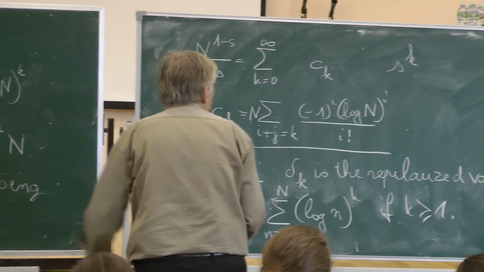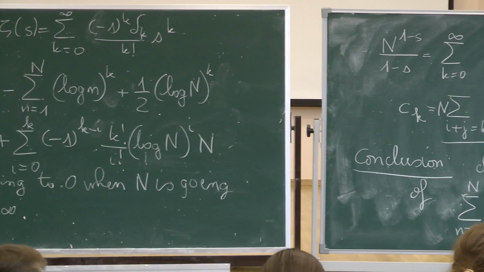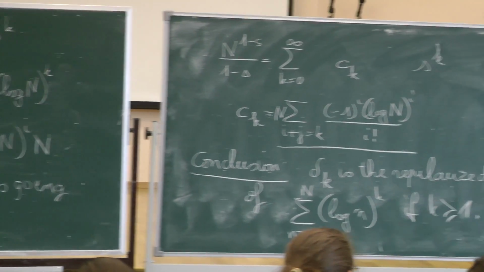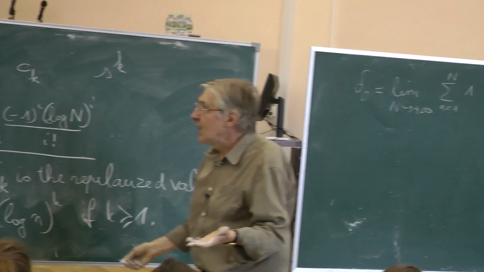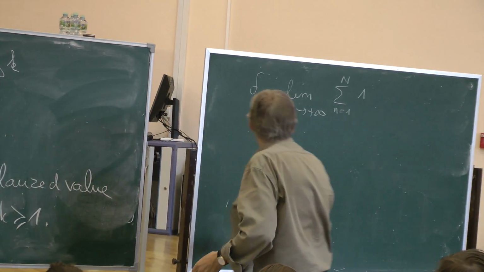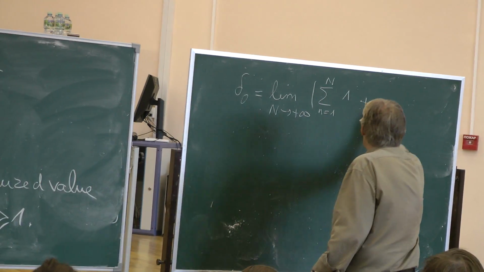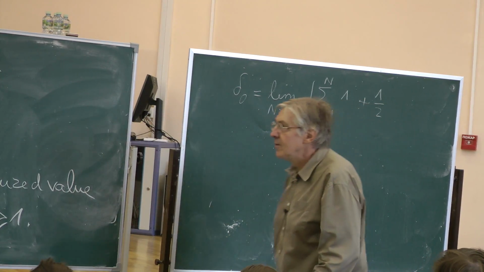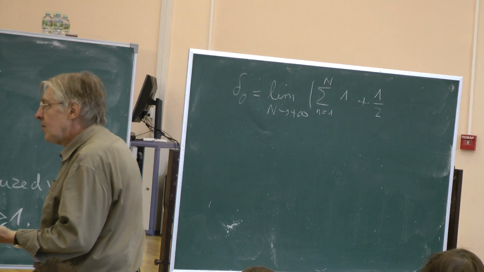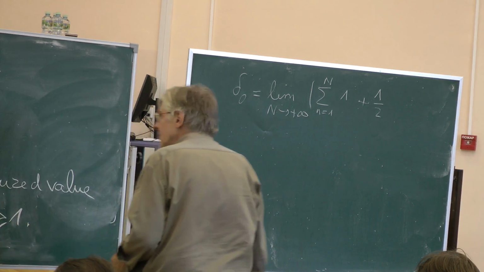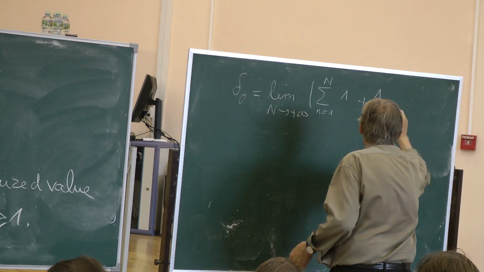So let us take k equals 0. It is the limit of the sum for n going from 1 to capital N of 1, the log n to the power 0, plus 1/2 for k equals 0. Then I have plus another term which is just